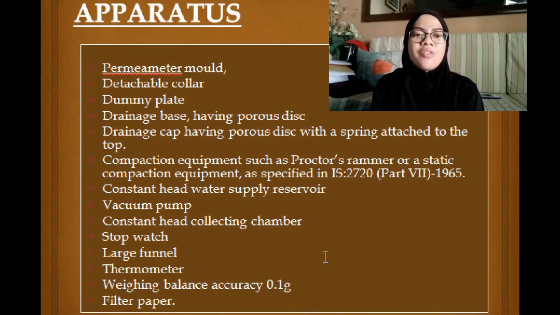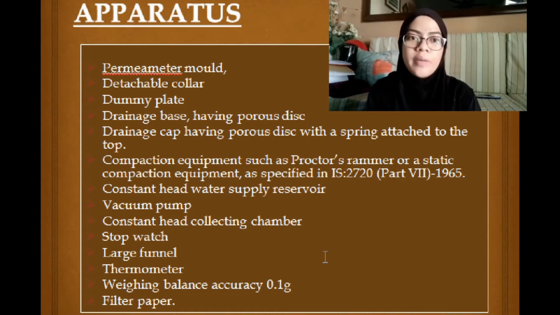Okay, there are 14 items needed for the apparatus of the permeability of soil. Number one is a permeameter mold, with an internal diameter of 100 millimeter, effective height of 127.3 millimeter, and capacity of 1000 milliliter. Number 2 is a detachable collar, 100 millimeter diameter and 60 millimeter height. Number 3 is a dummy plate, 108 millimeter diameter, 12 millimeter thick. Number 4 is a drainage base having a porous disc. Number 5 is a drainage cap having a porous disc with a spring attached to the top. And number 6 is